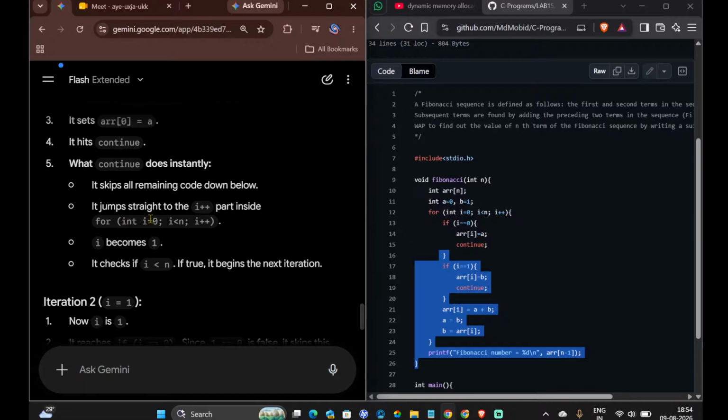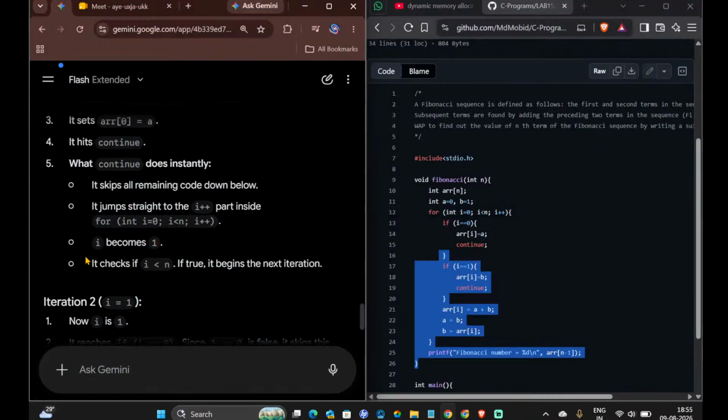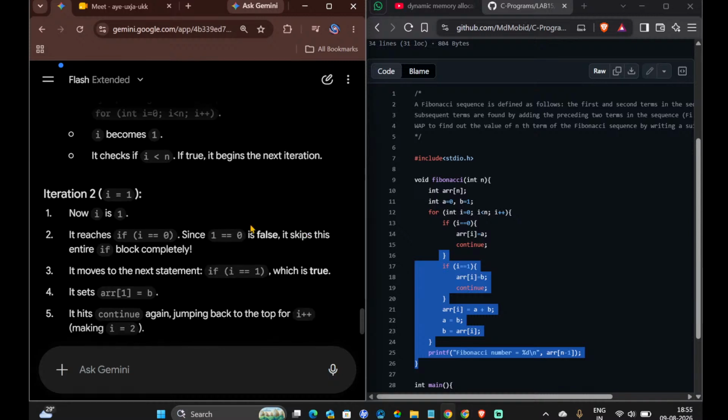In for int i equal to 0, i less than n, i++, i becomes 1, right? After i is 1, it checks if i is less than n, which is true. If true, it begins the next iteration. Iteration 2, i equal to 1. Now i is 1. It reaches if i is 0. Since 1 is not equal to 0,